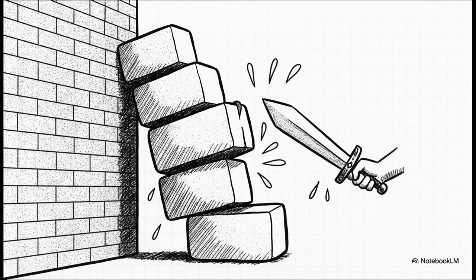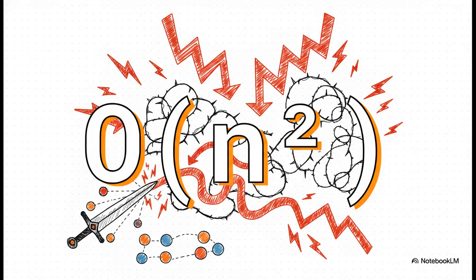Instead of neatly dividing the problem in half, your pivot ends up slicing off just one element at a time. It's literally the algorithmic equivalent of bailing out a sinking boat with a teaspoon. And this brings a catastrophic drop in performance. In those worst-case scenarios, your blazing fast O of n log n algorithm plummets to an O of n squared